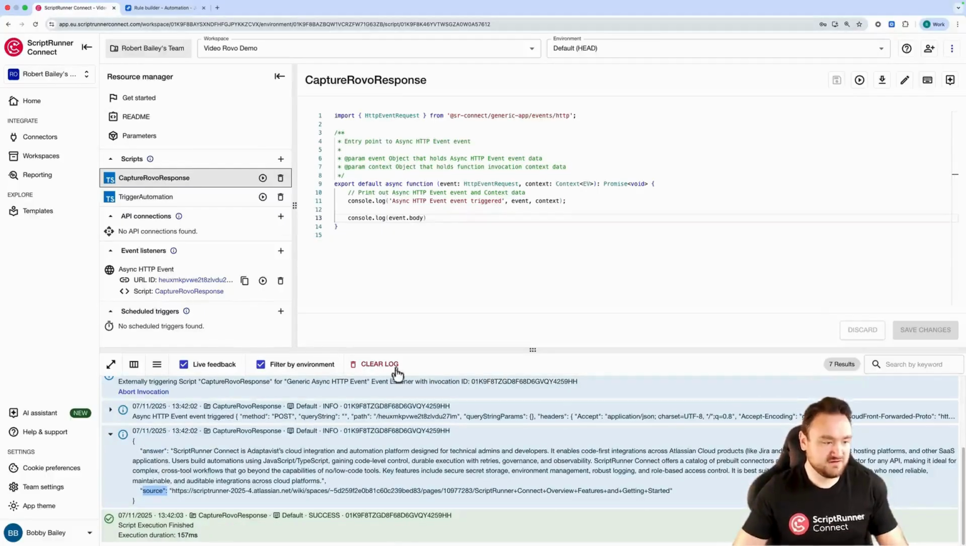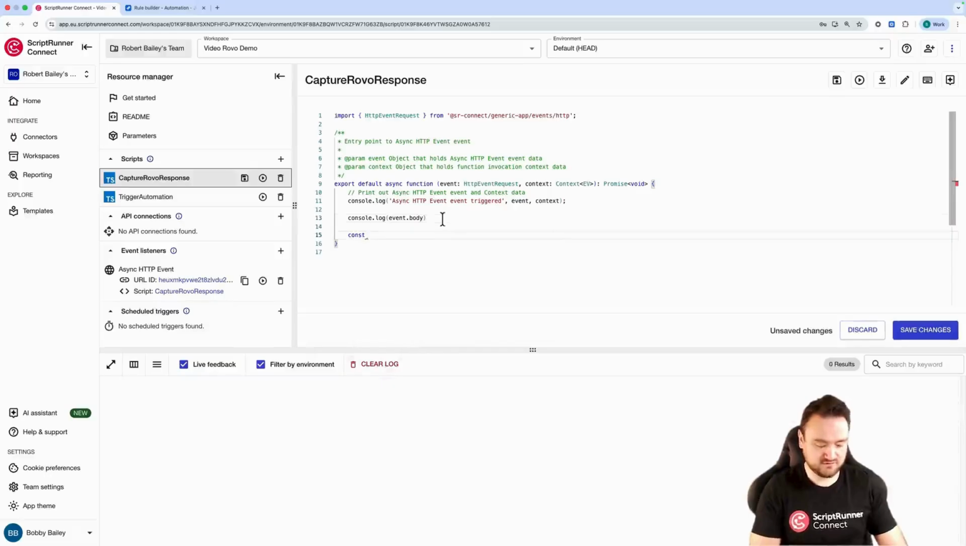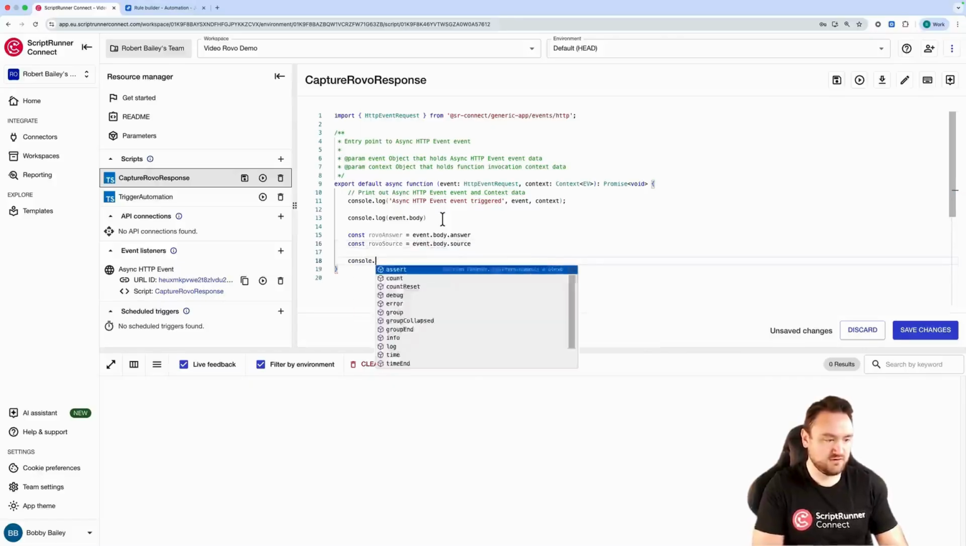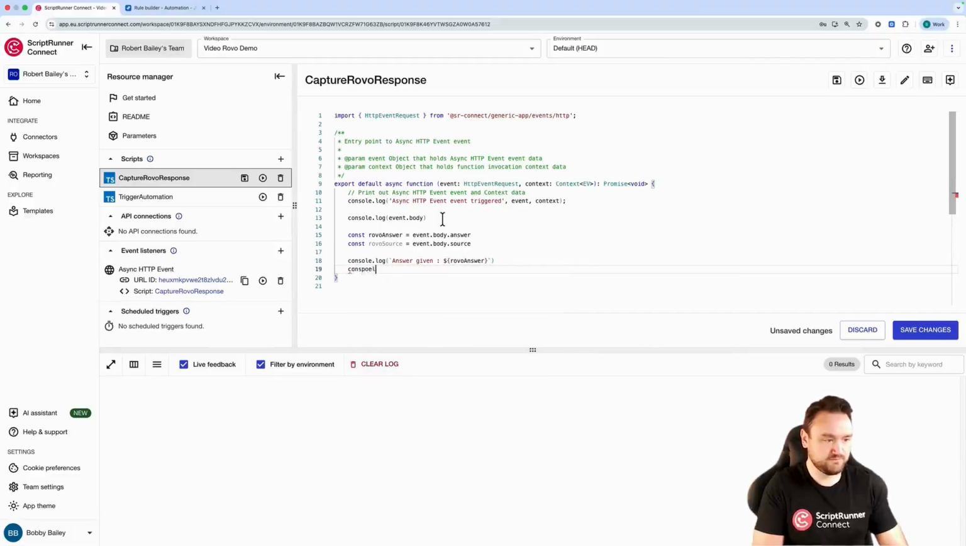So to format this a little bit nicer, we can just say const rovoAnswer equals event.body.answer, and then const rovoSource equals event.body.source, and let's do a nicer console log: "Answer given", Rovo answer, and console log "Source used",